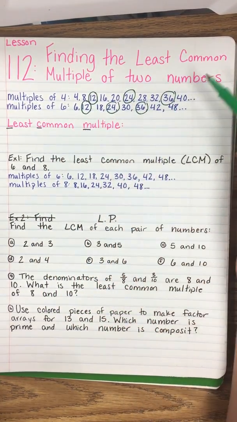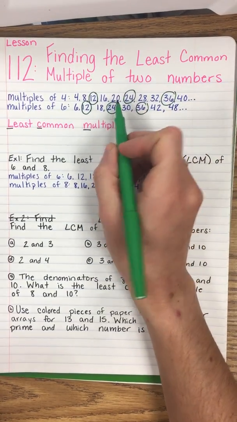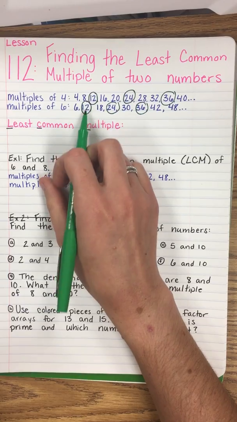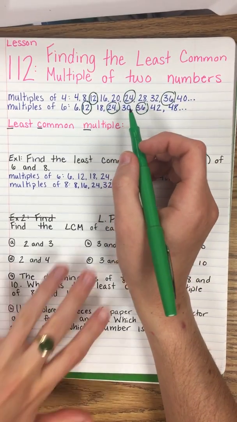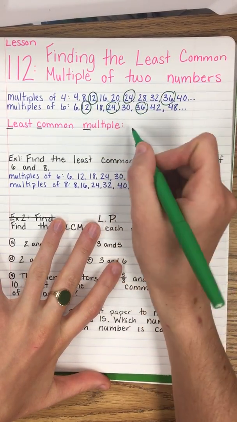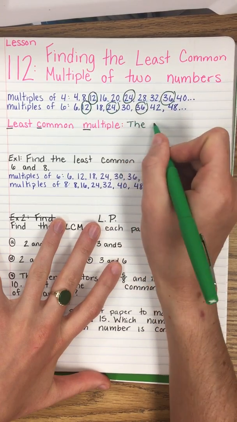So we've circled the multiples of 4 and 6 that they have in common. The smallest number that both 4 and 6 have in common is 12. The smallest number that is a multiple of 2 or more numbers is called the least common multiple. So let's write that down. Least common multiple is the smallest